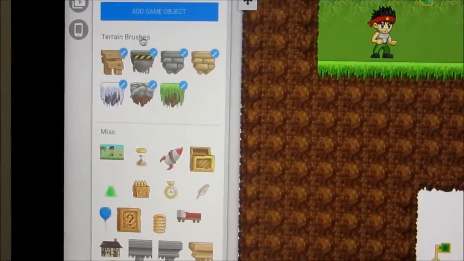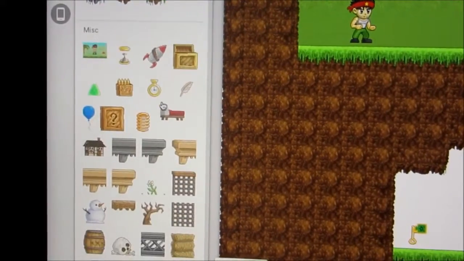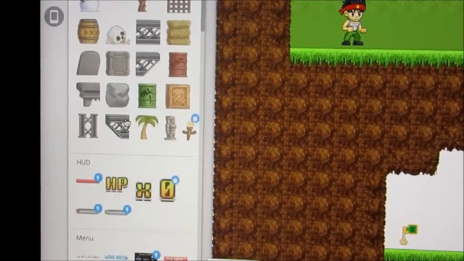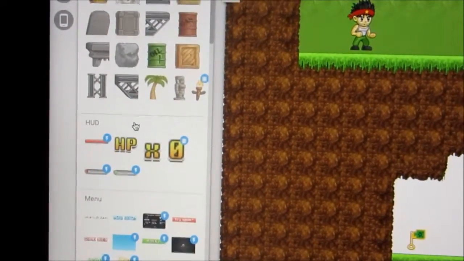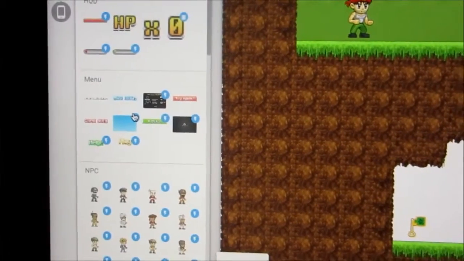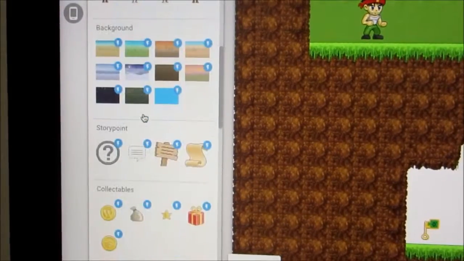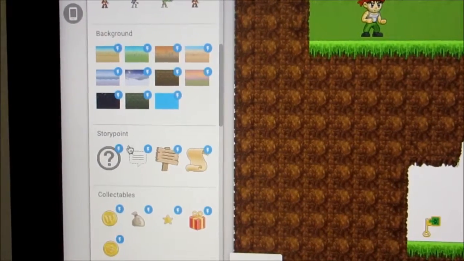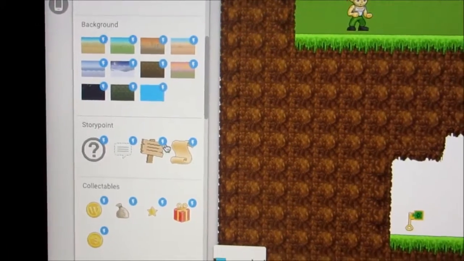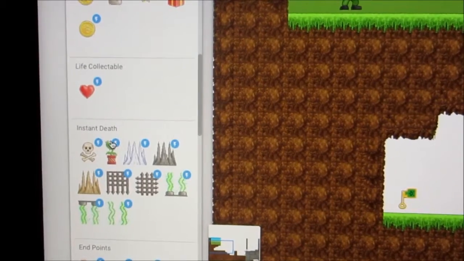So these are terrain, they call brushes. And then this is miscellaneous stuff. This doesn't have any interaction within the game. This is kind of like HP and stuff, so your health. This is for the menu. These are enemies. These are different background options. These are story points in which you can put in text within the story, collectibles, life collectibles, instant death,